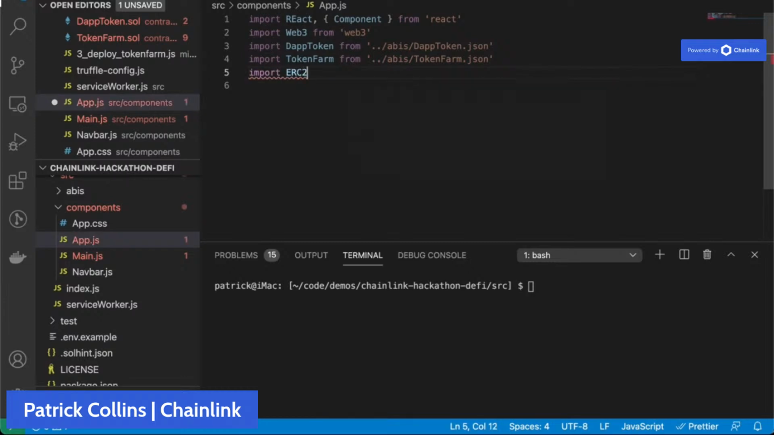We do import ERC20 from ABIs/ERC20.json. We're going to import navbar. Actually, we're going to skip the navbar for now. Or main from main, import app.css. That's how we're going to style it, and then we're going to import, and that's it. Actually, we will have to import the navbar. Crap. Do the navbar first, actually. Then navbar from